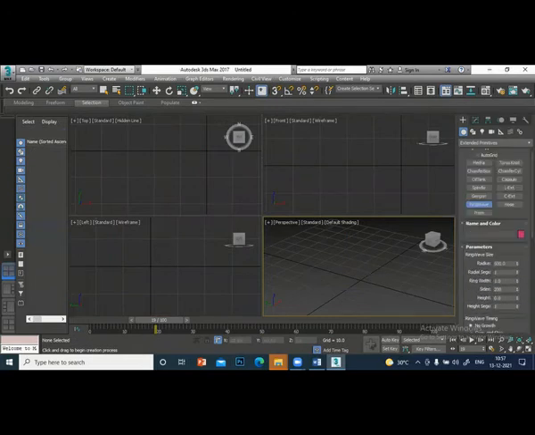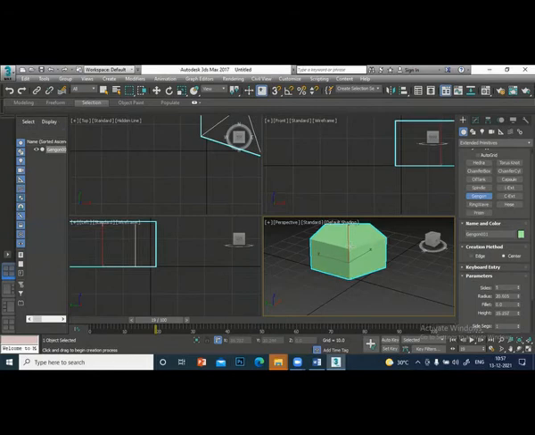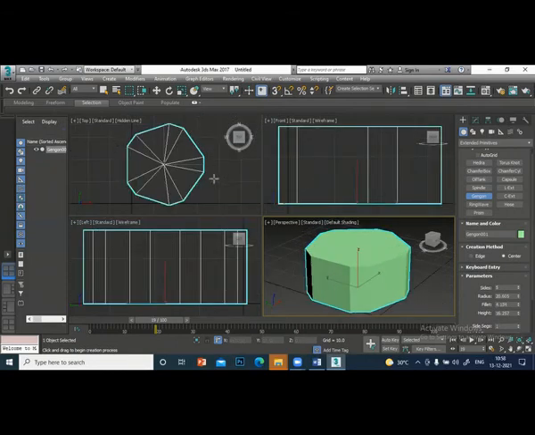Next one is this is again curved. You can see the sides are curved, hexagon and something like that, and you can change the curve. You can change the side and curve it. Again, you can change the different values.